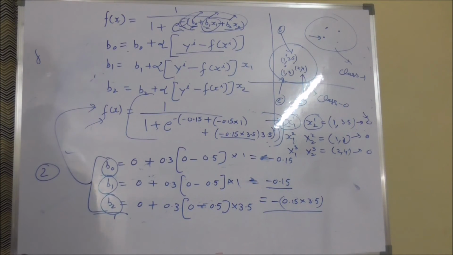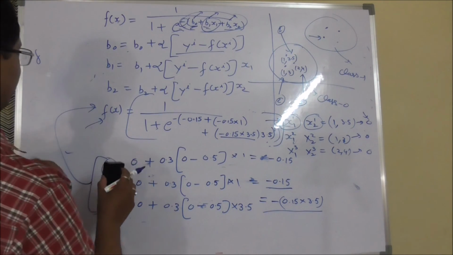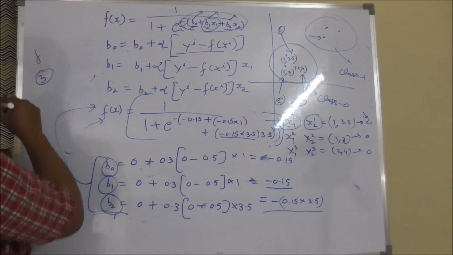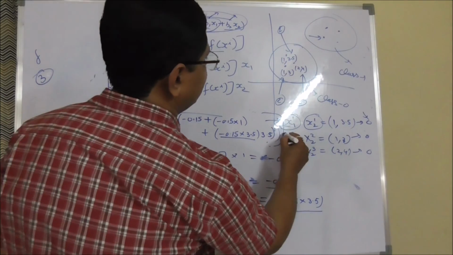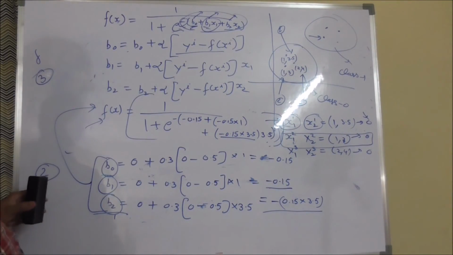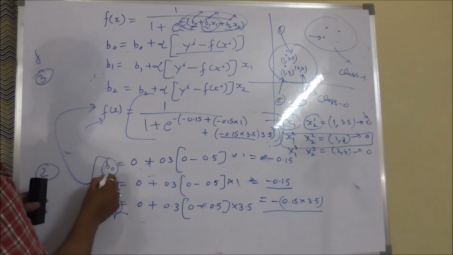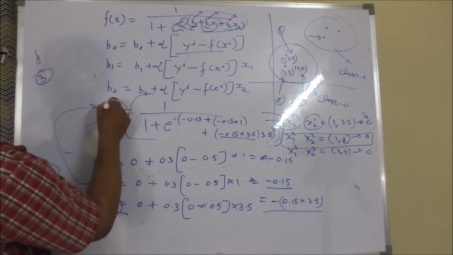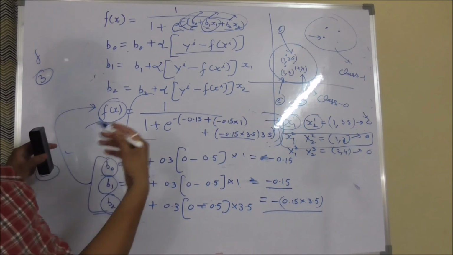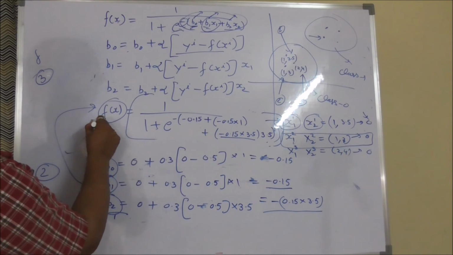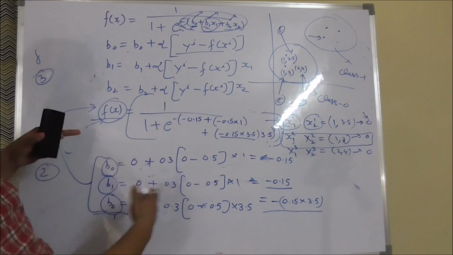Now after getting the fx at iteration 2, we will use iteration 3. In the third iteration we will use these values and repeat the same process. We will calculate b0, b1, b2 by using this calculated fx and update the value of b0, b1 and b2, and then again we will calculate the value of fx. We will repeat this process,